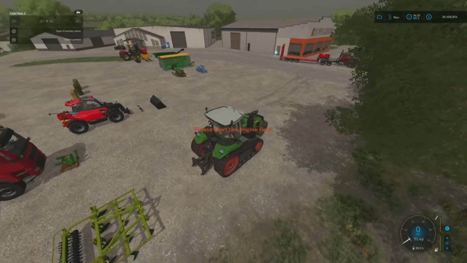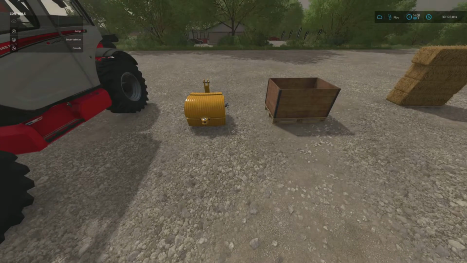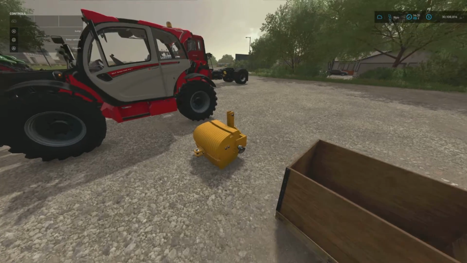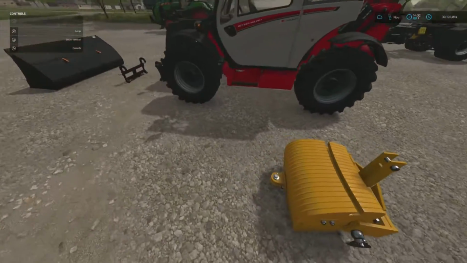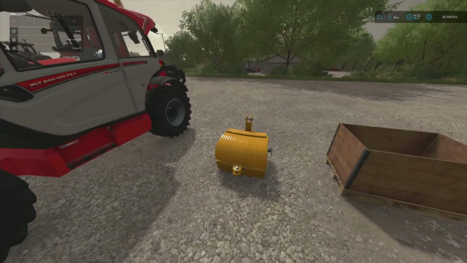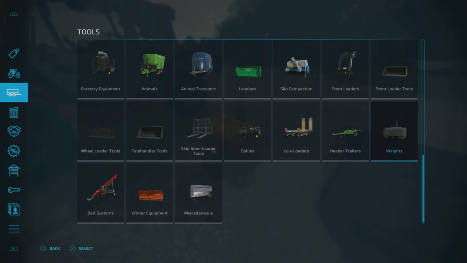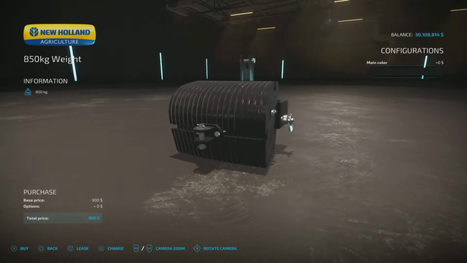Moving on from there, guys, sorry about the rushing, there's quite a few to get through. The next one is the New Holland 850 kilogram weight, 1.26 megabytes to download and 2 slots on console. It's basically a weight for your tractor. Picks up by a 3-point link on the front or the back of your tractor, and just adds that balancing weight to your tractor if needed. You'll find this under tools, under weights. It's right there. There is no options